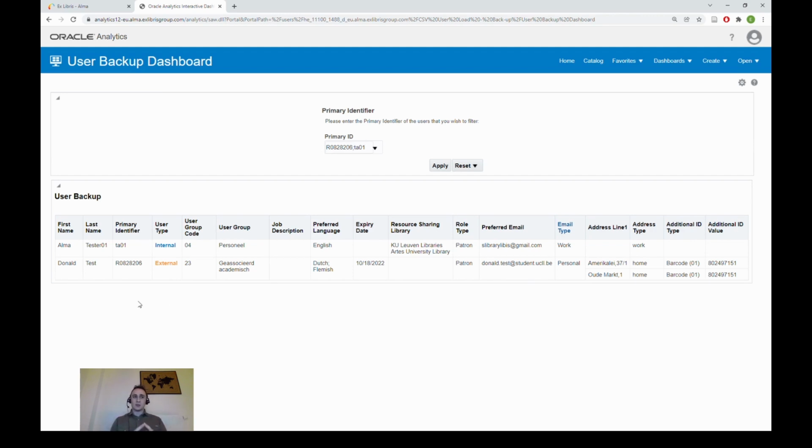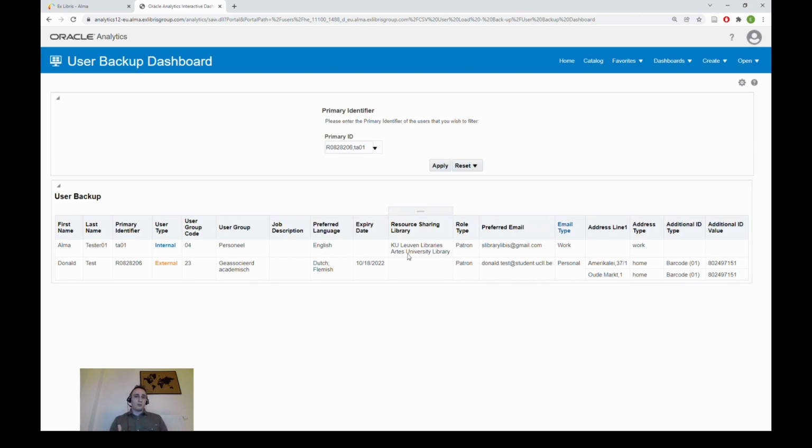It contains mandatory Alma fields like the first name, the last name, and the primary identifier. You can see, of course, that there are two user types, the internal and the external one. This is also important for you because you would need to define it in the Cloud App. We have a user group, which is also mandatory in some cases, as you have seen. So we will need to assign this value in our CSV column, to assign the user group to our user. Maybe your user has a job description, a preferred language, and an expiration date, which is also important to know and to define when this user account expires.